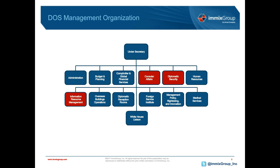The management group at the Department of State has the most IT sales opportunities across the organization, and here we have it broken down into its components. There's a lot of offices here that have technology acquisition, and which ones you target really depends on the technology you have. Keep in mind that in FY18, the core technologies that will be driving purchasing decisions throughout the department are IT